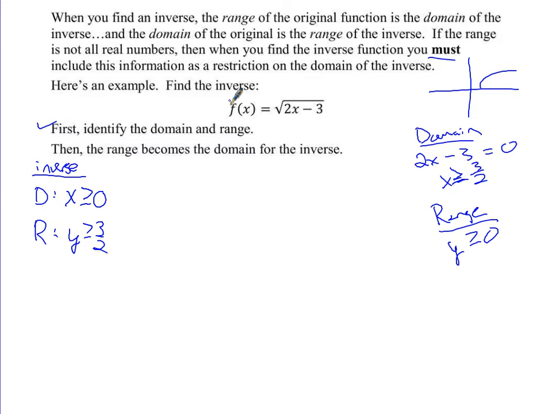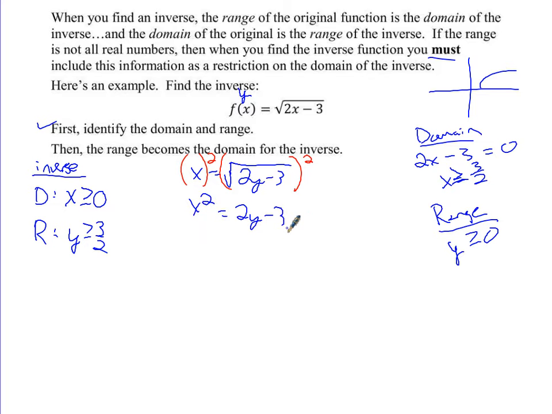So let's go ahead and find the inverse of this guy. How do we do that? I can change the f of x to a y and then switch the y and the x. So now what do I have? 2y minus 3. Okay, so now what do we do? We want to solve for y, which means we need to square both sides. And then, what do we get? X squared equals